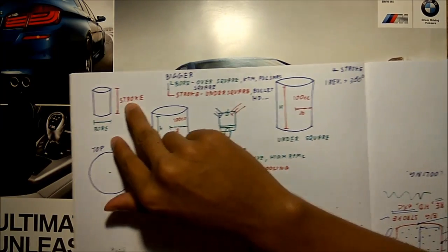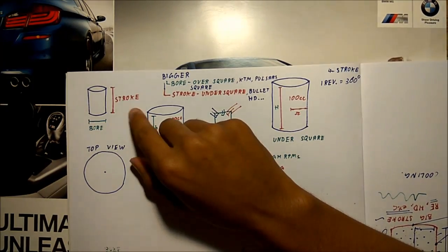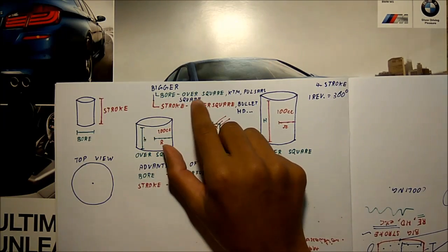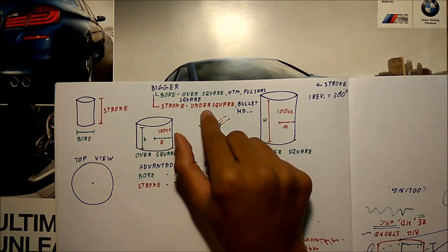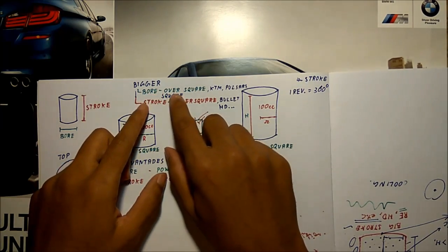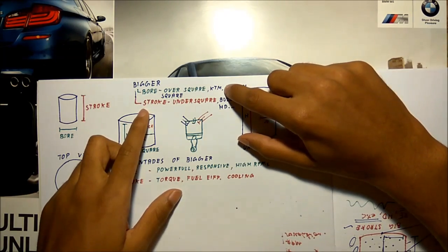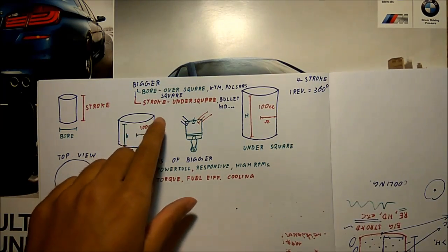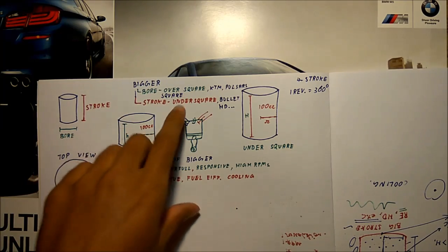two options: keeping the bore bigger than the stroke, or keeping the stroke bigger than the bore. When the bore is bigger, it is called an over square engine, and when the stroke is bigger, it is called an under square engine. The engines with bigger bore, or over square engines, are used in motorcycles like KTM RC200, 390, etc., and most of the Pulsars. There is also an in-between category when the bore is equal to the stroke, and that is used in